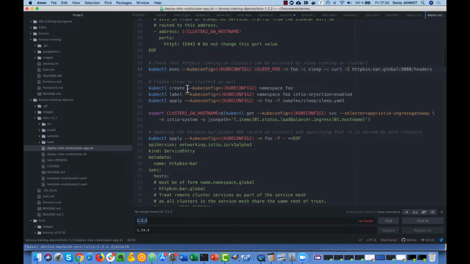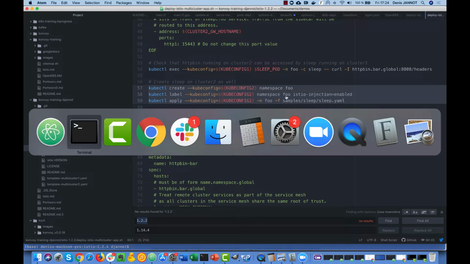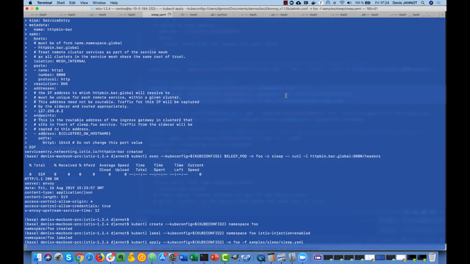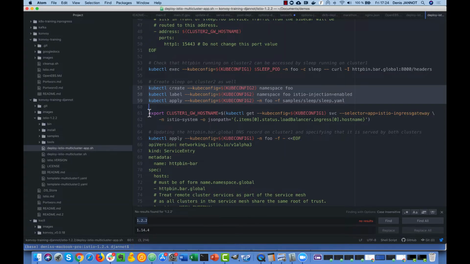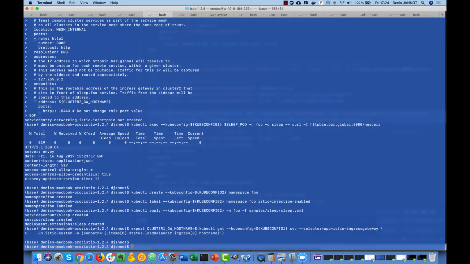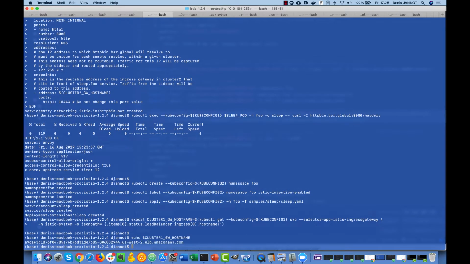So one thing you can do is that you can create the sleep pod on the second cluster as well on the same namespace. This time trying to get the Istio DNS name of the first cluster and checking that it worked well.